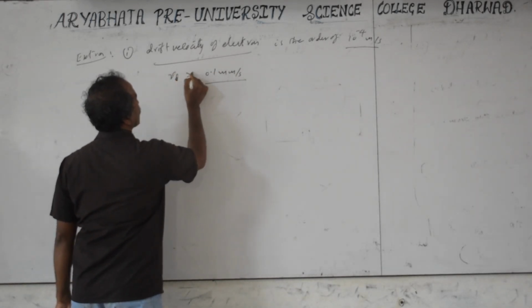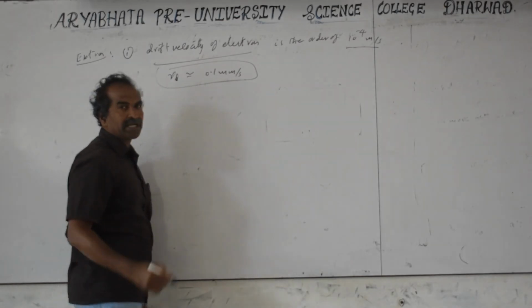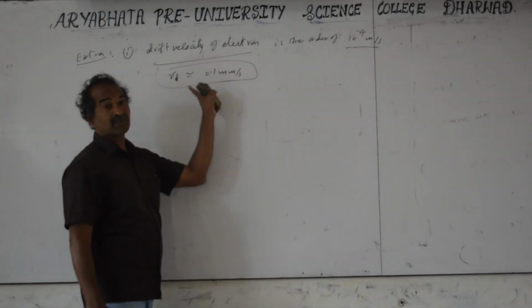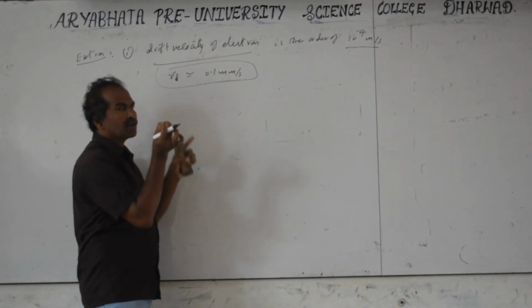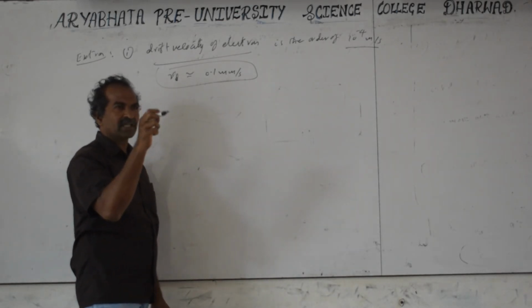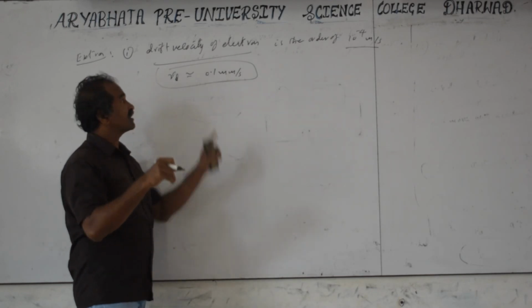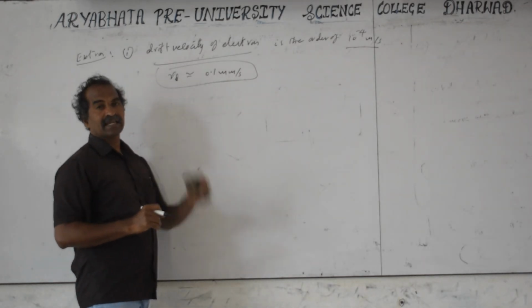Small variations can be found from material to material. It is not necessary to remember this, just know that it is a very low velocity. In 1 second it travels less than 1 millimeter. On a scale you will find the lines at 1 millimeter. It travels less than 1 millimeter in 1 second. That is a very slow velocity.